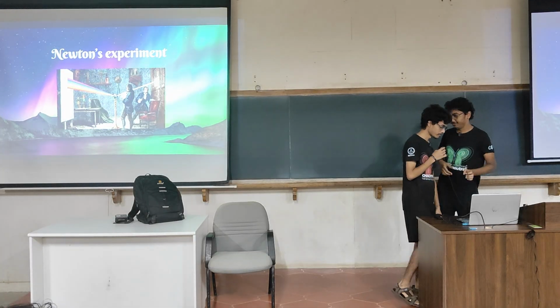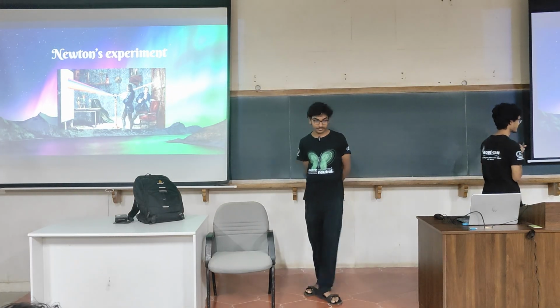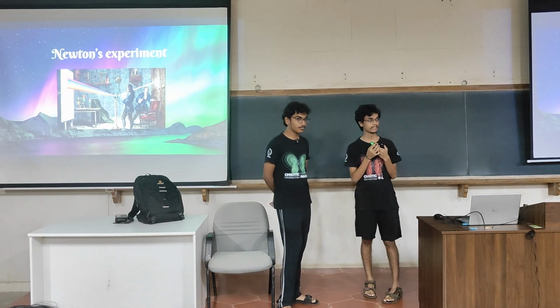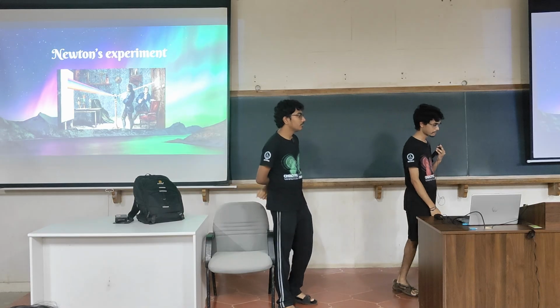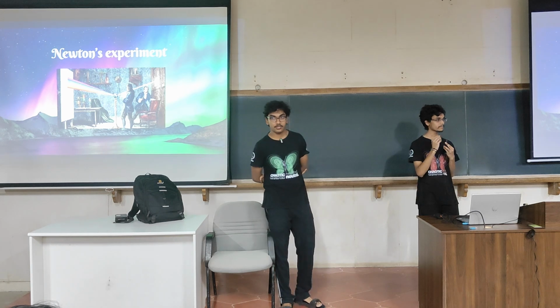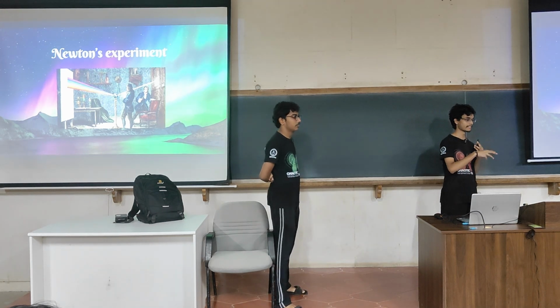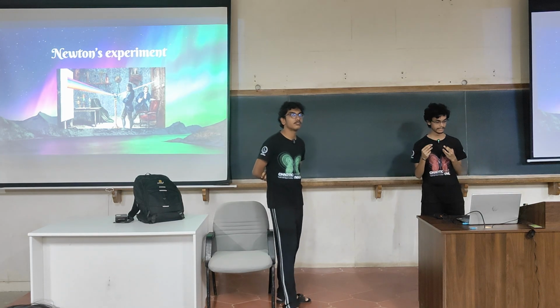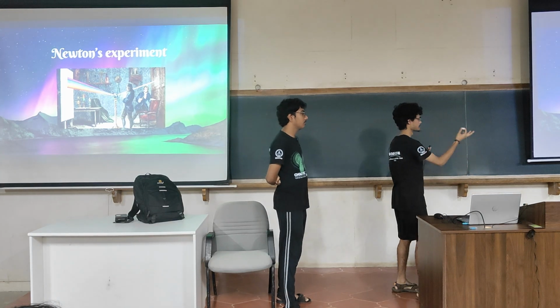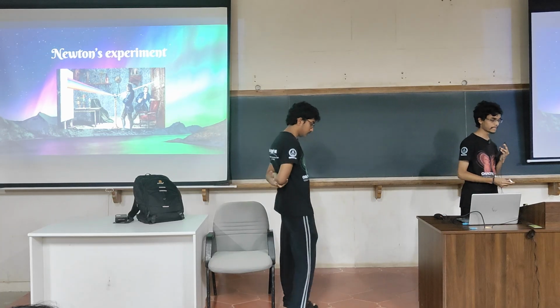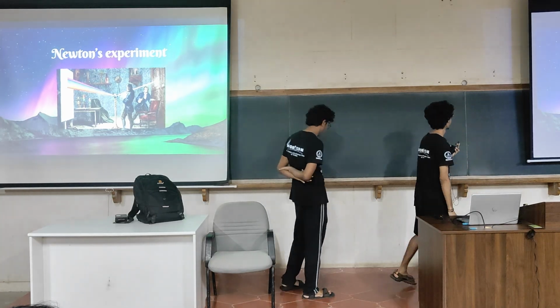Before we study anything about colors, we can first look at the history behind what people thought of colors. Before Newton's experiment, people thought that white light was the purest form of light, and that whenever you saw color, the object that interacted with the light modified the white light to create the color. So basically, if you had a blue tinted glass and white light passed through it, they thought it modified the white light to give you blue light. They didn't think that white light was composed of the different colors.